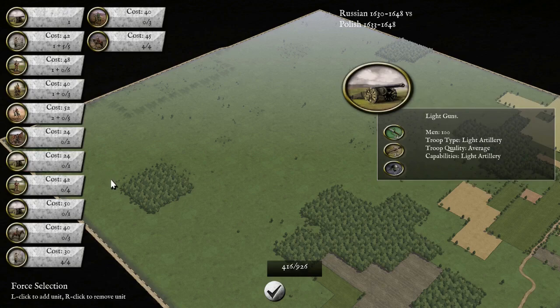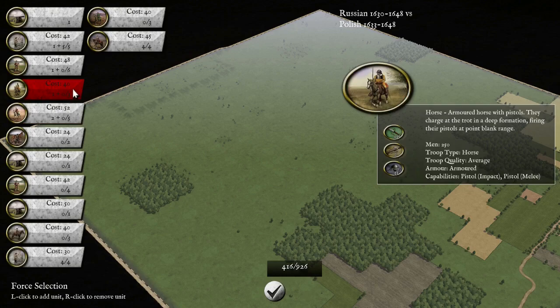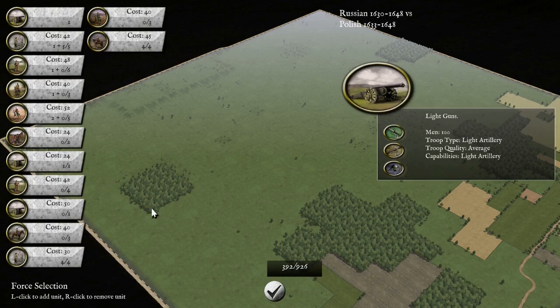So now we need to consider our cavalry. The boyars are superior in bow, but swordsman capability is at 0 POA against steady melee pistols. On the other hand, my only melee pistols are average quality horse, or arquebusiers, which are garbage. So maybe I'll change my mind and grab the light guns anyway. And then,